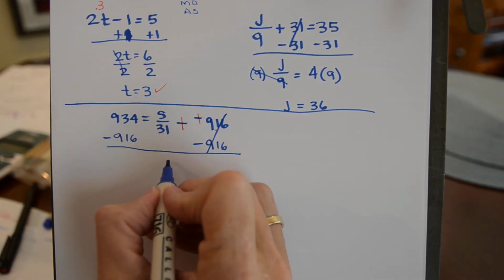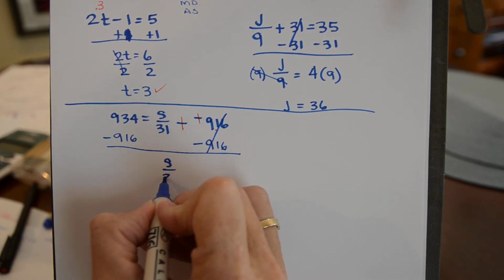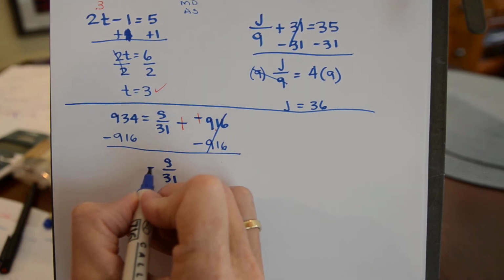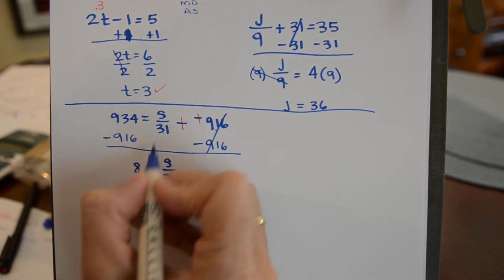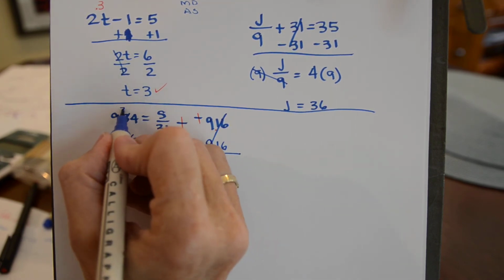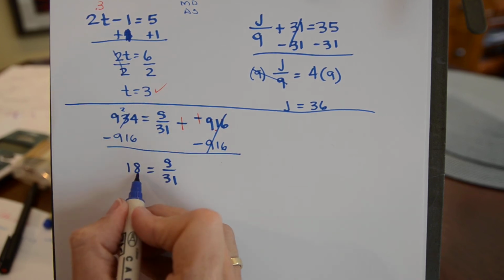So that just leaves this s over 31, s divided by 31, and then do this subtraction. And so 14 minus 6 is 8. That was a 2, it's a 1. So I've got 18